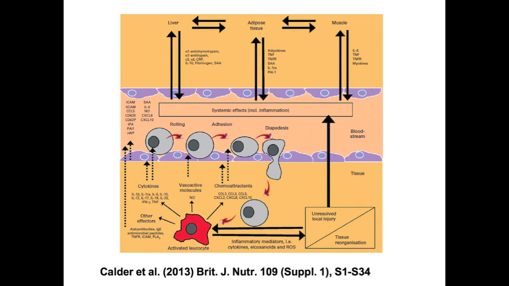The other thing that you will probably be well aware of is these proteins called acute phase proteins, like C-reactive protein. These are released from the liver, and these are really good markers that inflammation is going on somewhere in the body. So again, you get the chemicals spilling over from the site of inflammation into the bloodstream. In the case I'm talking about, they go to the liver and they change the types of protein that the liver is making, and you get a change in acute phase protein concentrations in the bloodstream. Things like C-reactive protein, fibrinogen, and so on.